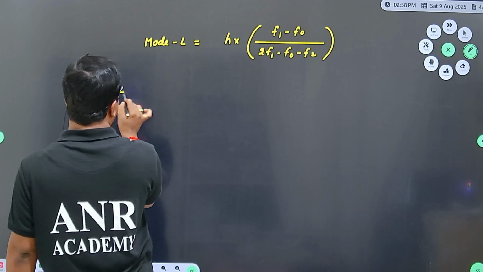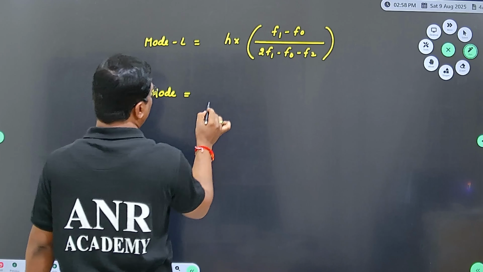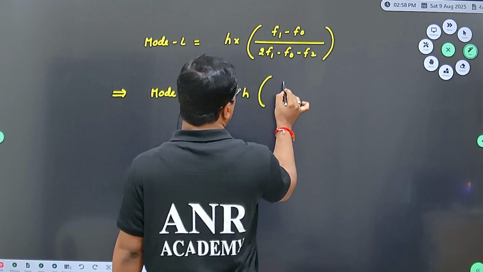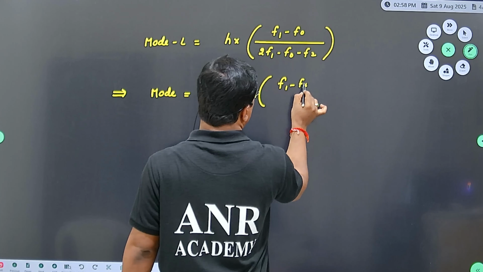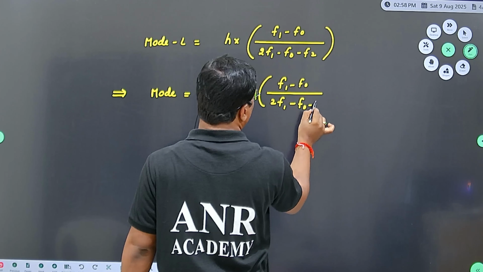In the next step I can write the value of mode. So the mode formula is L plus H into F1 minus F0 divided by 2 F1 minus F0 minus F2,